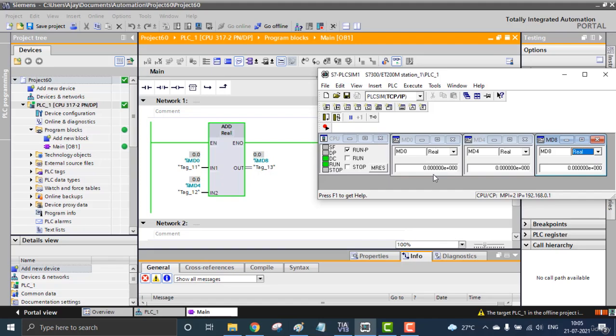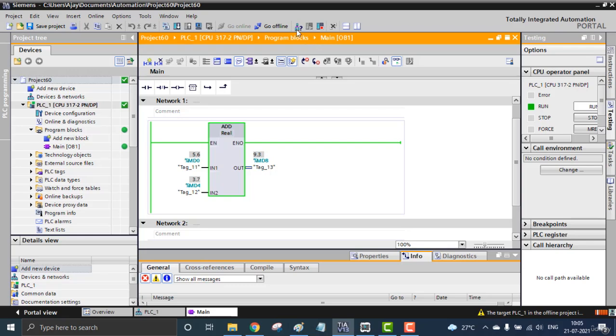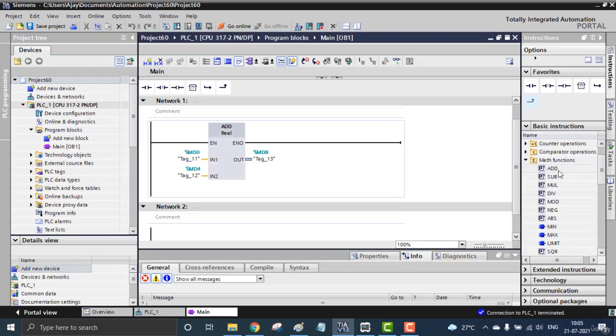It is actually mentioned in the exponent and mantissa form, e raised to plus 0. That is the form we represent the real numbers in binary. So I'm selecting all and changing it to 5.6. That could be added with 3.7. You'll be getting the result as 9.3. You can see 5.6 plus 3.7 is 9.3. So that is the floating point addition. Like that, you can do subtraction, multiplication, division in the integer and the real also. It's very easy.